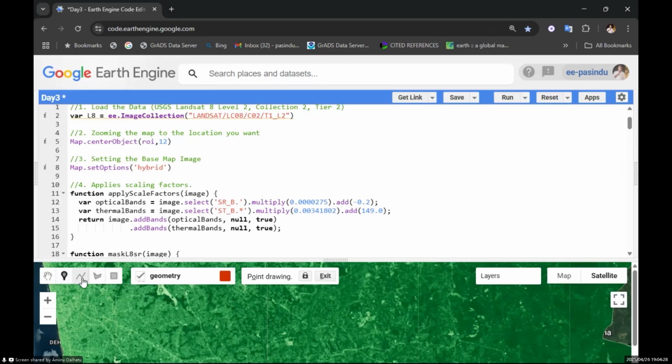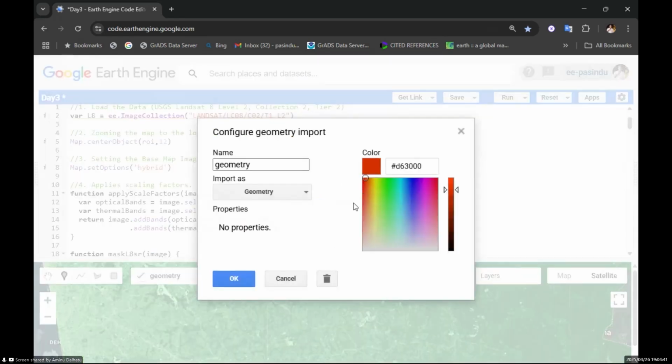And in here you can click point and you will see one will be open as geometry. So when you open this geometry, you can click this edit layer properties. Click this, then you will get something like this. Okay. In here we will add the names of the land covers that we are using. We have 5. So first of all, we are going with